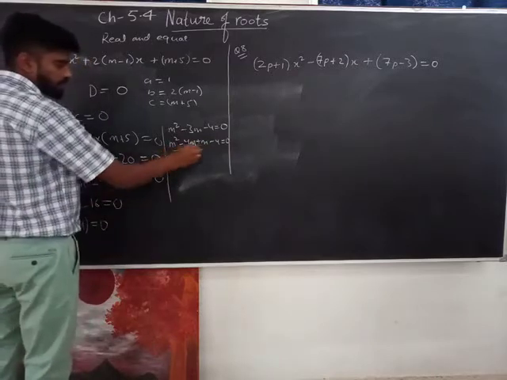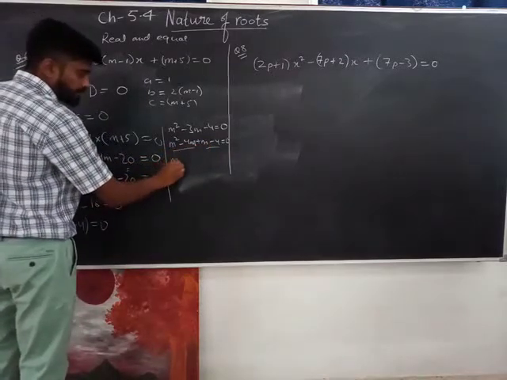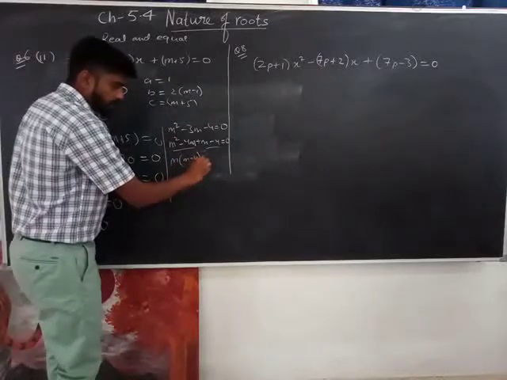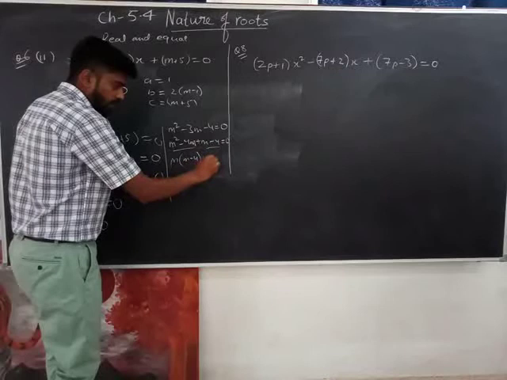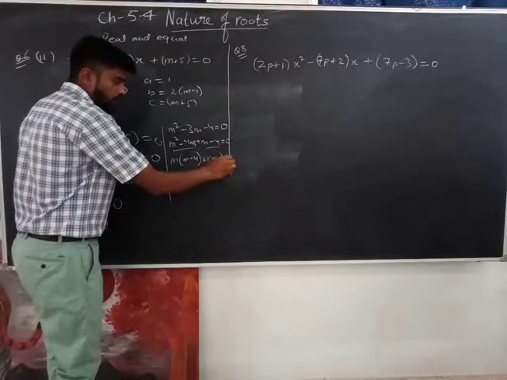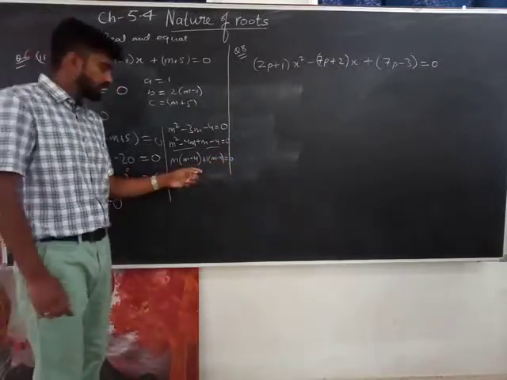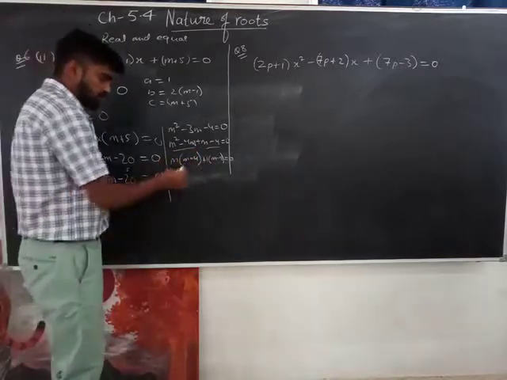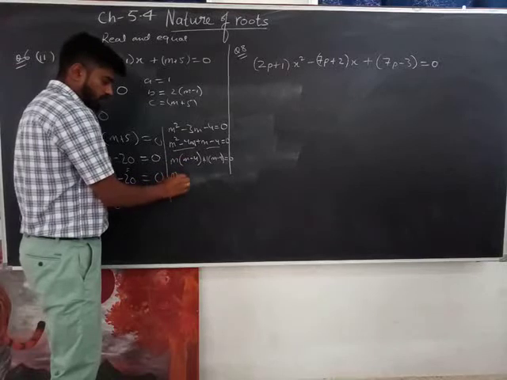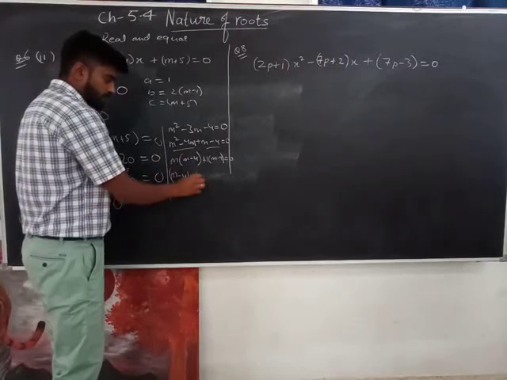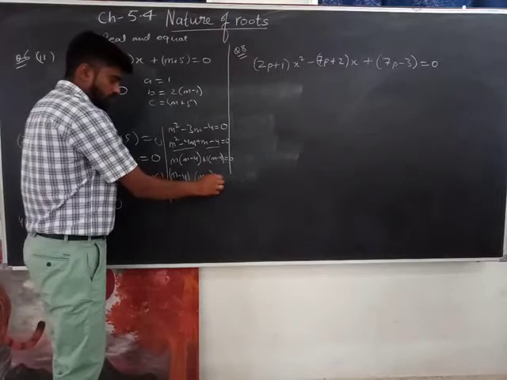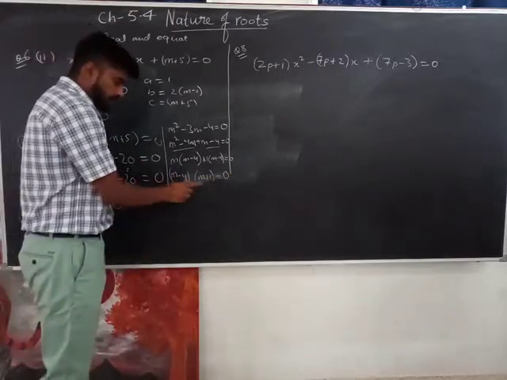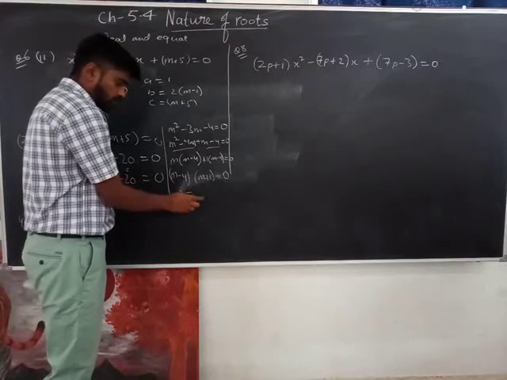And now I can pair them up. What is common? m is common. m minus 4 is left over here. Plus 1, from here the common factor will come, and m minus 4. So what's common in both the brackets? The common thing in both brackets is m minus 4. Can you see? If m minus 4 is common, I'll take it outside: m minus 4. And what's left? m plus 1 equals 0. Is that okay? Now what I'll be doing is keeping each one equal to 0: m equals 4.